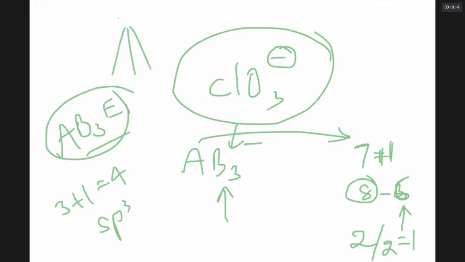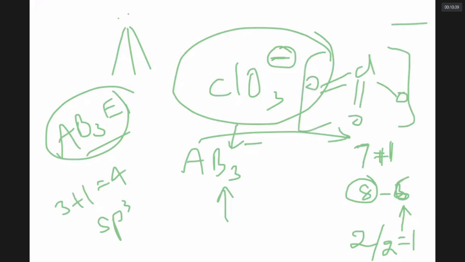Do you remember that? Yes, sir. Sorry, sir, forgot. Remember now, sir. Okay. So it is definitely pyramidal in shape. Chlorine is sp3 hybridized. It is ClO3 minus. Because there is one minus charge, I understand one oxygen is having a single bond. It means the remaining two oxygens have double bonds. So this must be the structure of ClO3 minus. The number of bonds is 5 and the number of bonded atoms is 3. 5 by 3, bond order is 1.666. That is very clear.